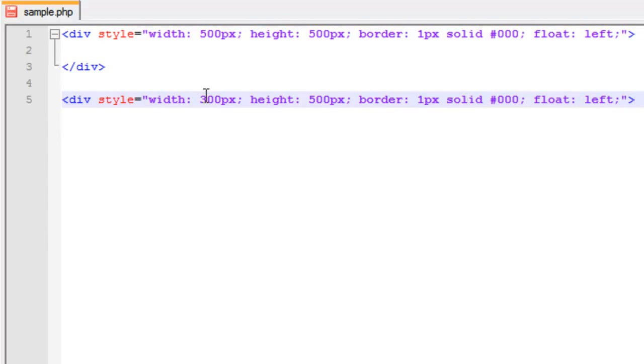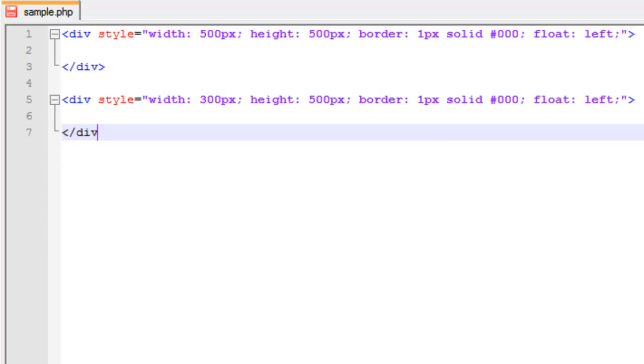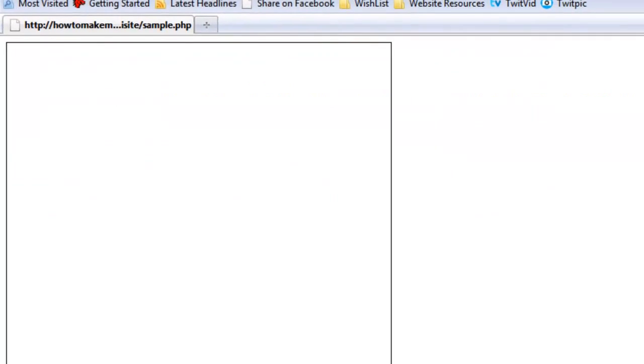So you'll notice the only thing we changed was the width. Everything else is the same. And then we'll close this and we'll upload this to our site. And we'll refresh. And now you can see you have what is a basic structure that you see